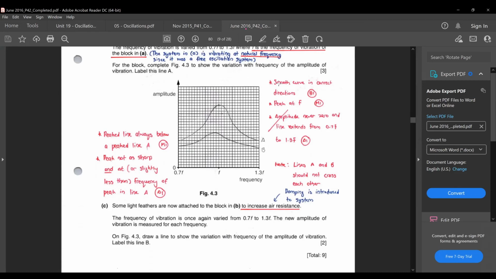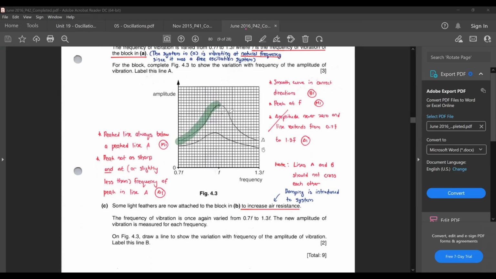Okay, so just now I told you that this one is A. The new line should be B, label B. You look at what the marking scheme said in red around your diagram. They say that your peak line must always be below peak line A. The graph must always be lower, in other words. And then the second thing they mentioned is that your peak is not as sharp, meaning to say it is a flatter peak,